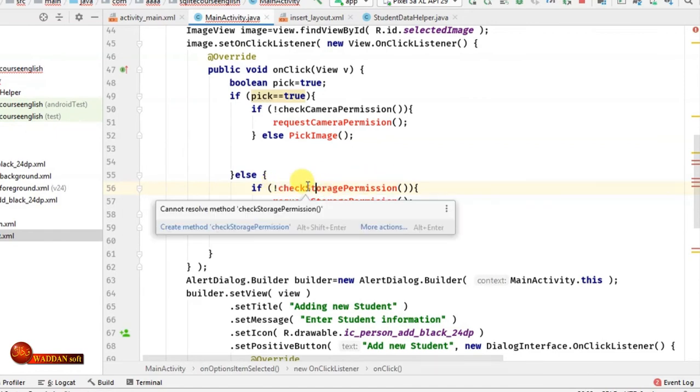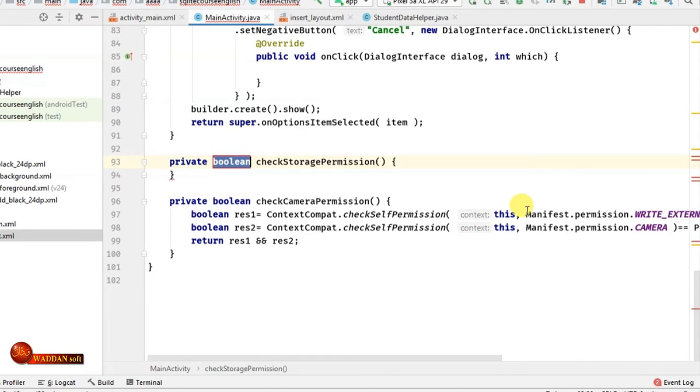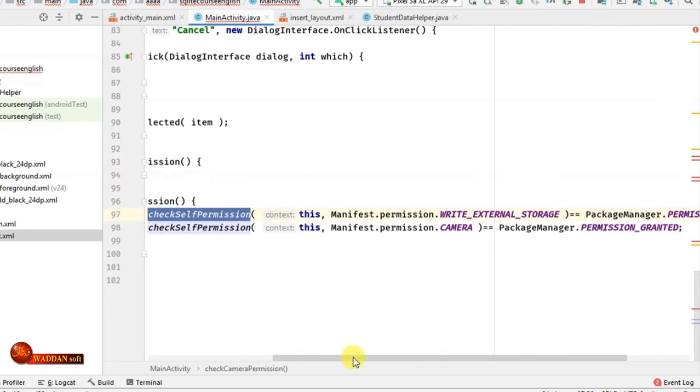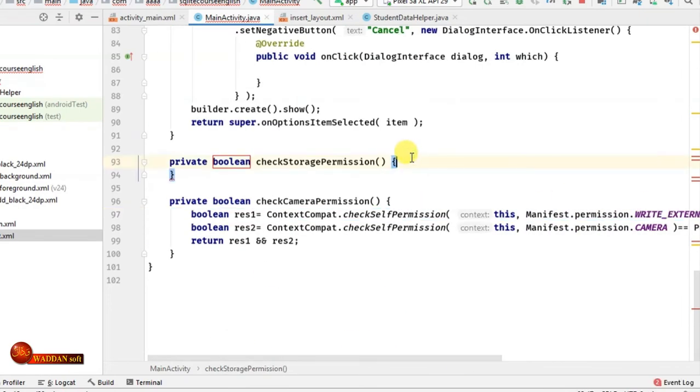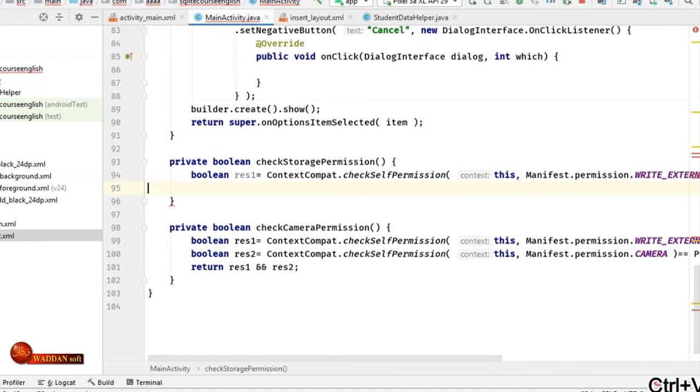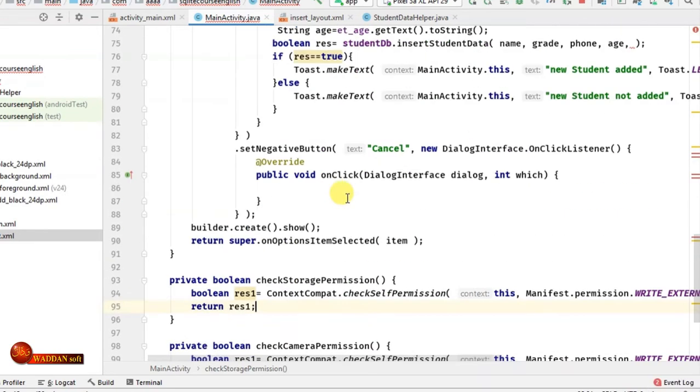And using the same way, we'll create the check storage permission, and here we can copy this sentence and put it here, because we only need the write external storage, and we'll return res1. For the third method,